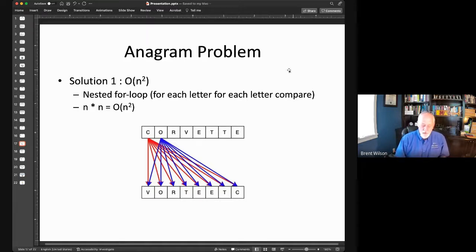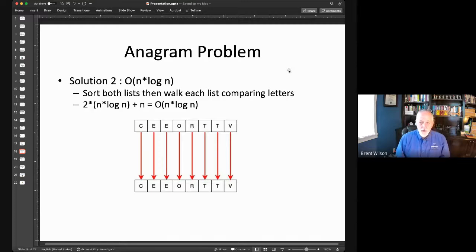Let's look at what solution 2 was. Remember when we got super large, solution 3 was our best solution, but 2 was pretty good. I mean, it wasn't anything poor. 2 was what's called an n log n algorithm. The first thing to do, sort both lists from A to Z, and now just walk down through it and see if you have all the same letters, right? If you take the word Corvette on both of them, and you sort it, then you get